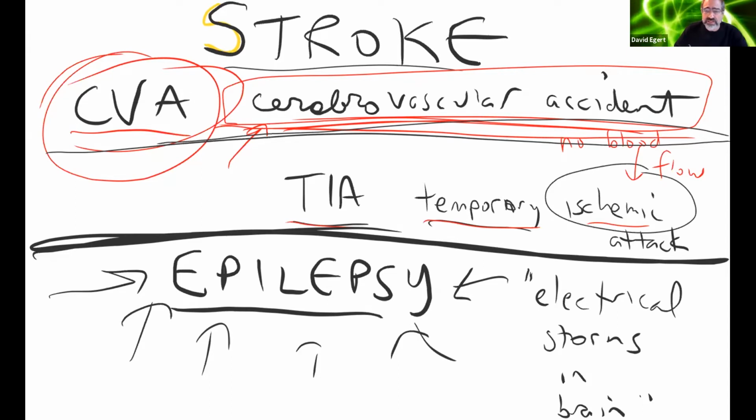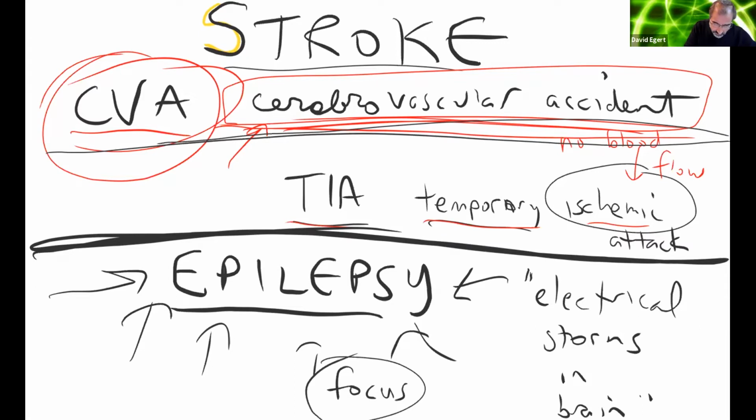The basic idea here is you have some little region of neural tissue in your brain that is hyperexcitable and just starts going off for no reason. It shouldn't go off, but it does. But the problem is you have some little focus area,